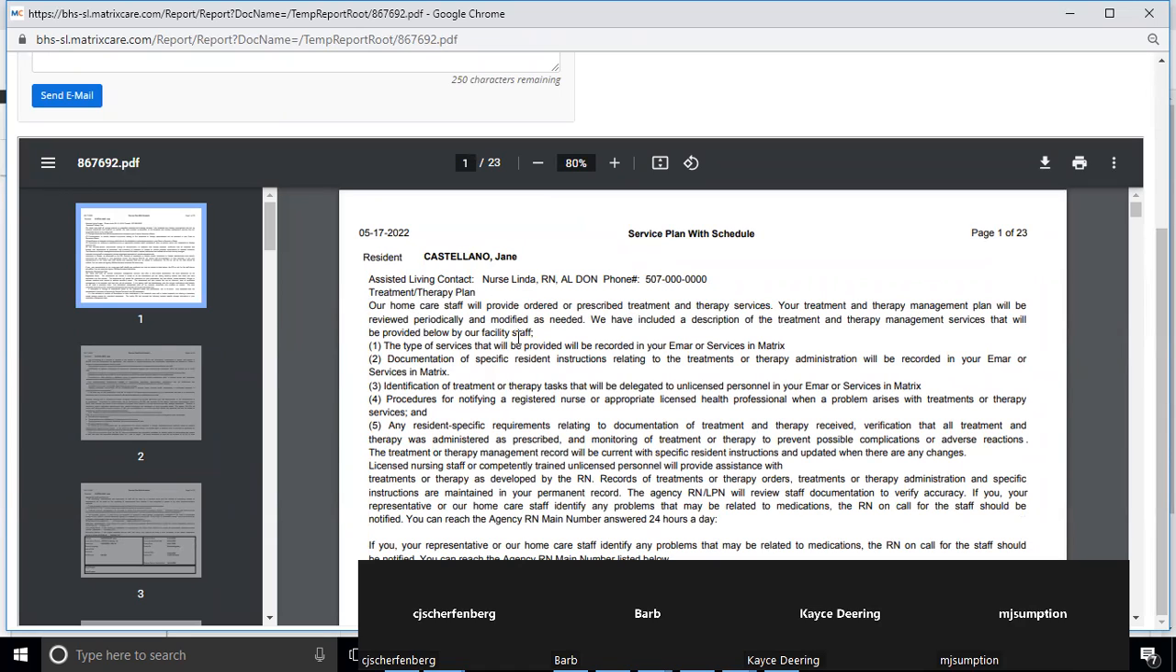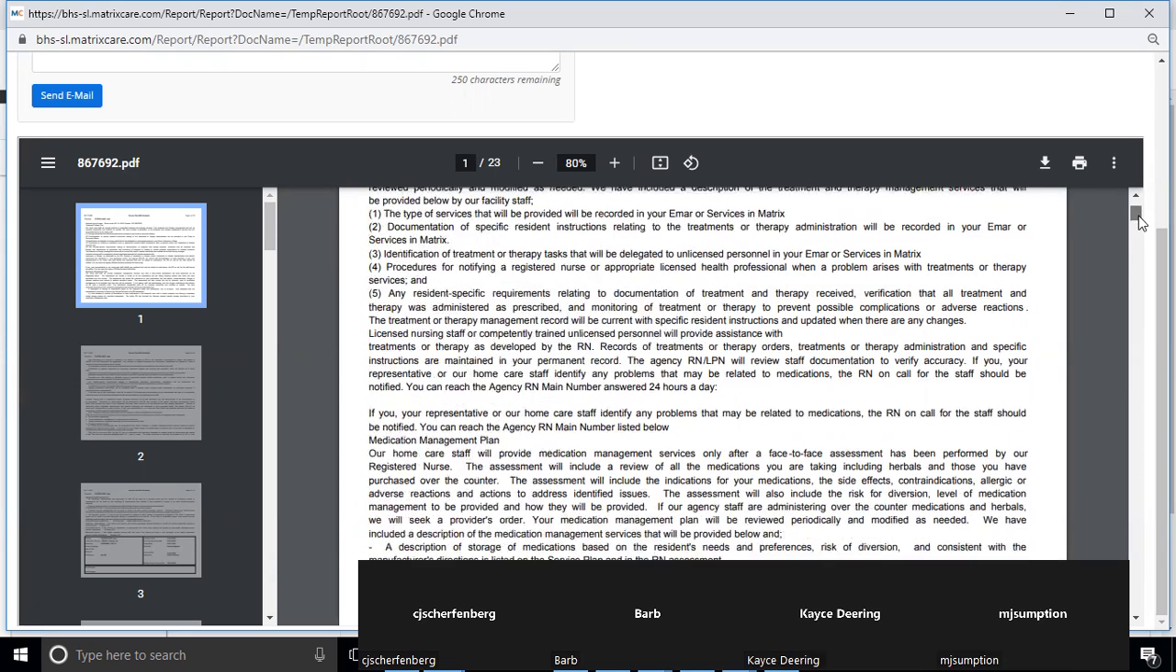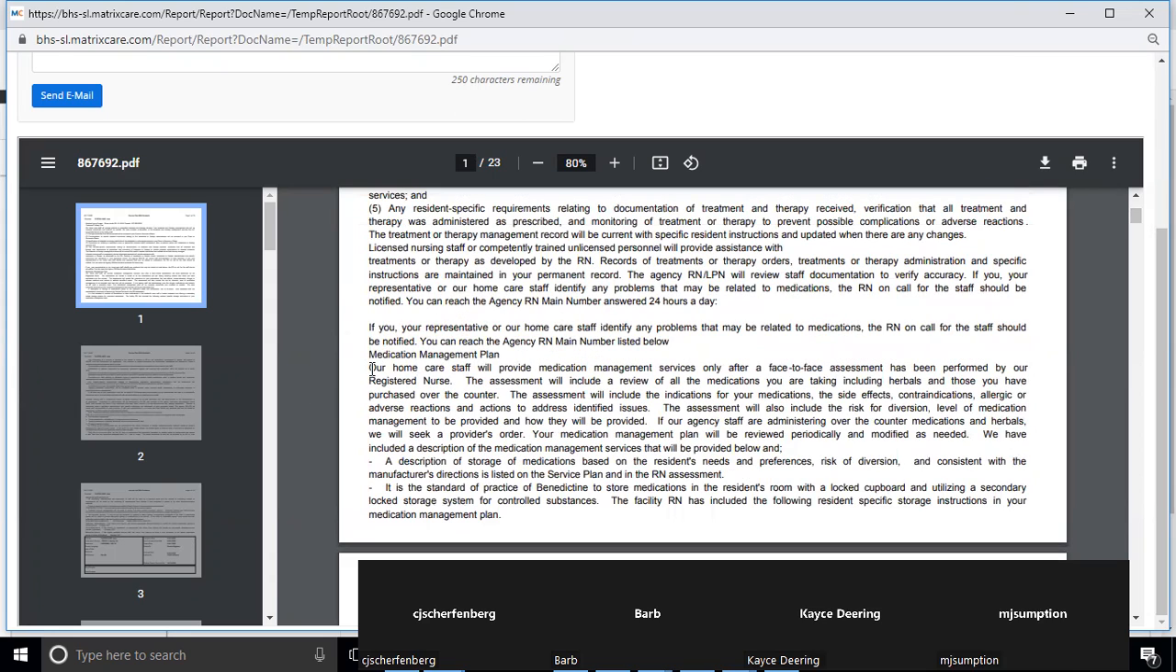So at the beginning of your service plan, when you print, here is your treatment therapy plan. It says that for any therapy plan that you have, the details will be in the orders. So your vitals, or if you have a blood pressure over 150, they're supposed to notify the nurse. That detail is going to be in the actual order. Then down here is your med management plan. And I hope you guys are reading these, because this is saying how we manage our